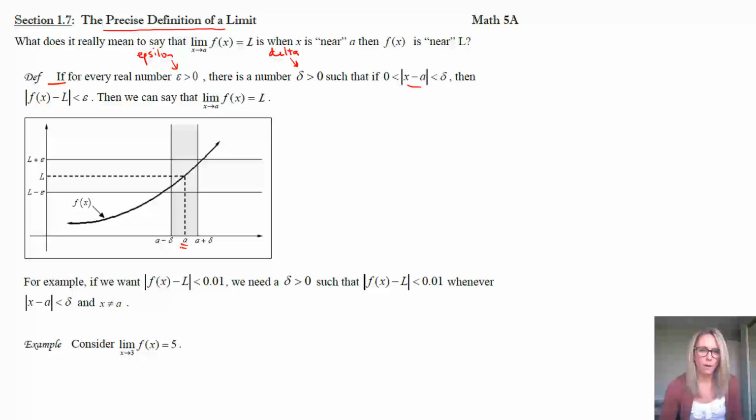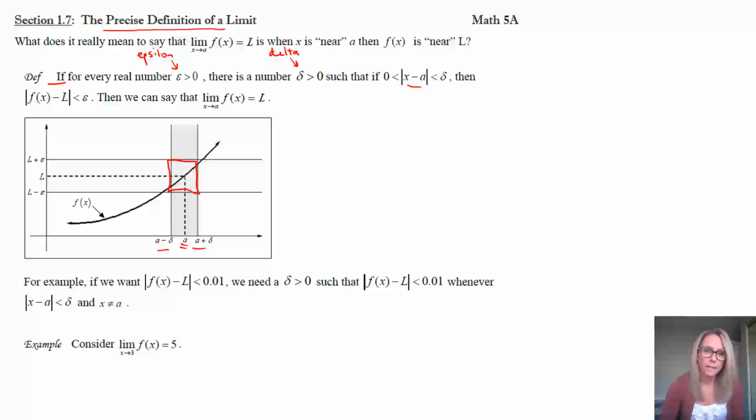As long as we can be on either side of that x value that we're approaching, and as long as we do that, and then we get close to some value L within an epsilon of it, then we can say that the limit exists. So notice that essentially there's this little box here,